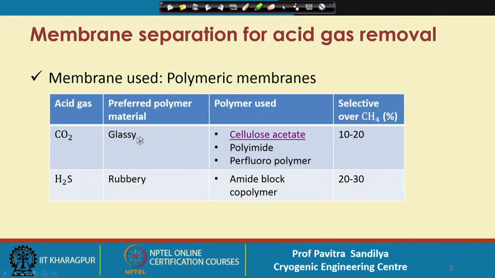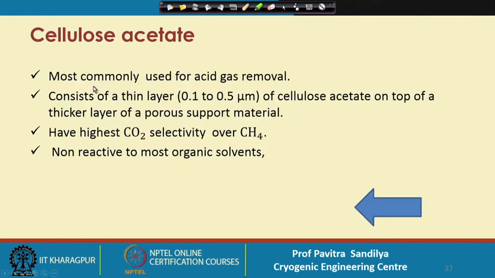Here we are using an organic membrane, some polymeric membrane, and the acid gases are CO2 and H2S. We have several types of membrane which are broadly classified based on their structures as glassy and rubbery. The polymers used for carbon dioxide removal are cellulose acetate, polyimide and perfluoropolymer. Let us look at cellulose acetate, which is very commonly used for acid gas removal,